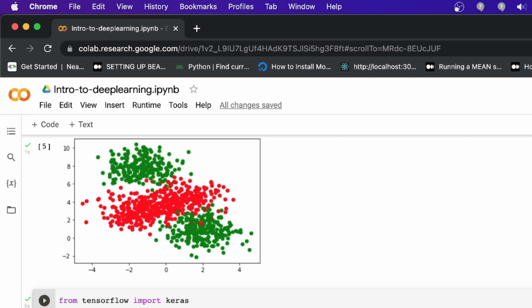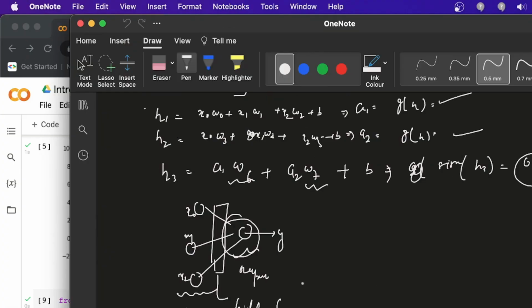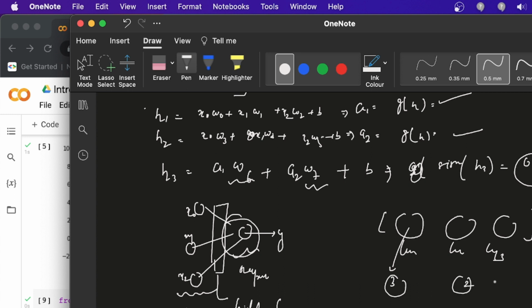Okay, so how do we do that? We consider every layer can be stored in an array. This is layer 1, this is layer 2, and this is layer 3. Every layer also contains the information of the number of neurons. This one contains 3 neurons, this one 2 neurons, and this one 1 neuron. So the neural network looks like 3, 2 and 1.